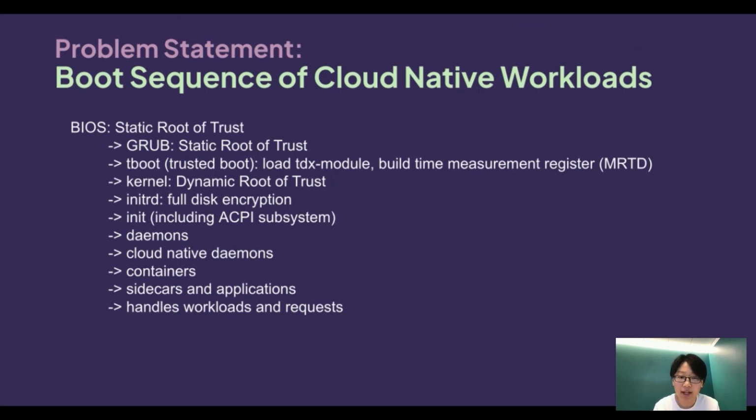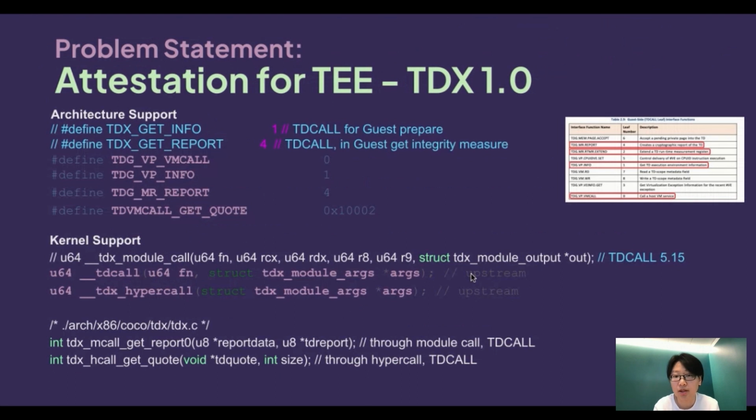After we know we should build this kind of chain of trust, what is the current status of TEE right now? Currently, TDX 1.0 and TDX 1.5 are already supported. TDX 1.0 supports TDG.VP.INFO, get report, RTMR extend, and also supports the VMCALL.